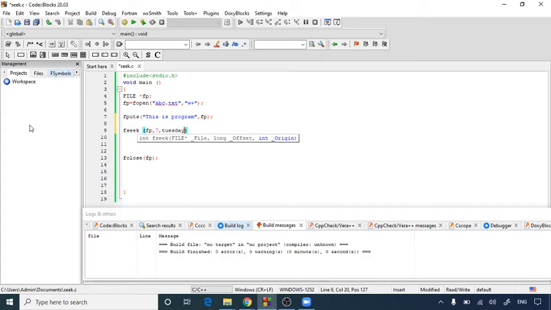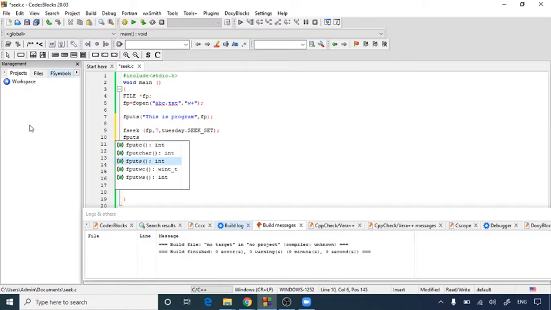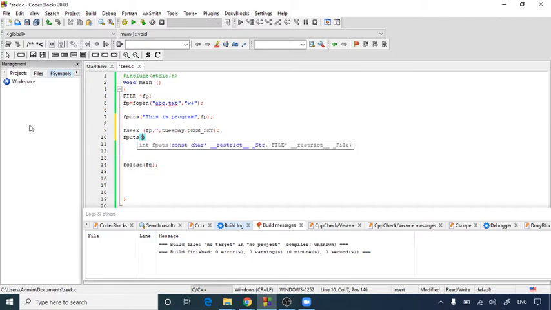You can write anything if you want, and I'm writing SEEK_SET. This constant I am using, and then I am using fputs at the 7th position.